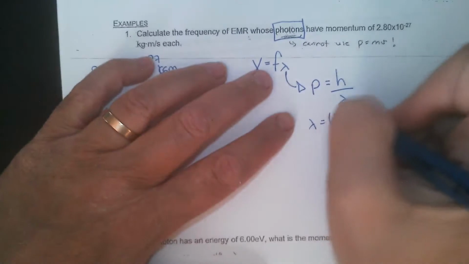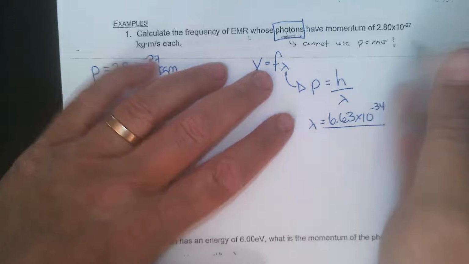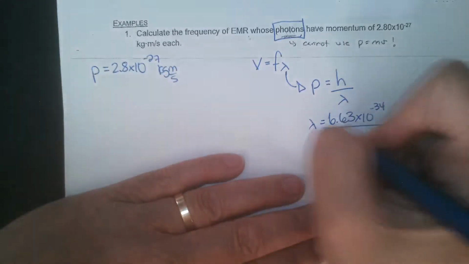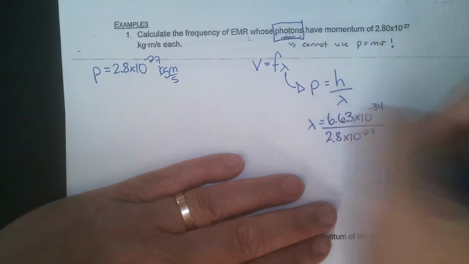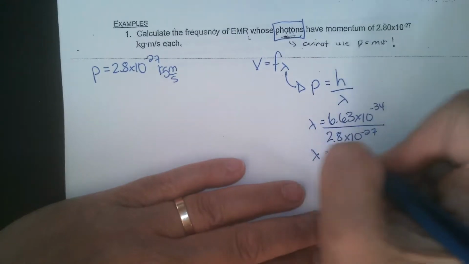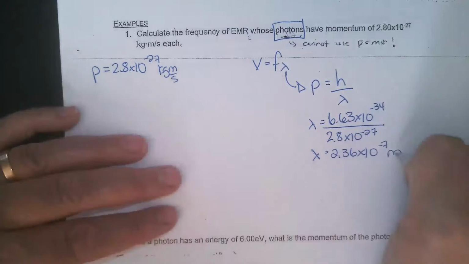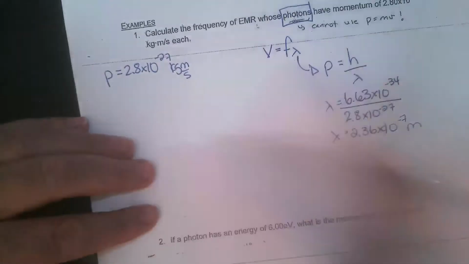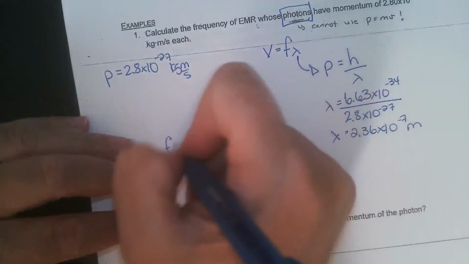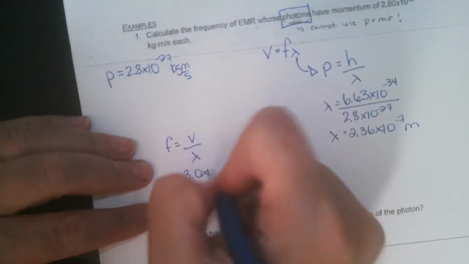So wavelength will be equal to 6.63 times 10 to the negative 34 divided by momentum, which is 2.8 times 10 to the negative 27. And we should get a value of 2.36 times 10 to the negative 7 meters. Once we have our wavelength calculated, then we can figure out our frequency by dividing velocity by our wavelength, and we get 3.0 times 10 to the 8